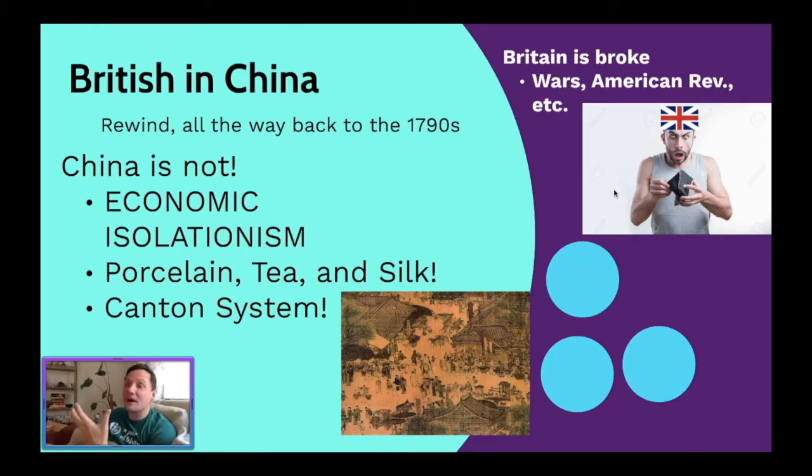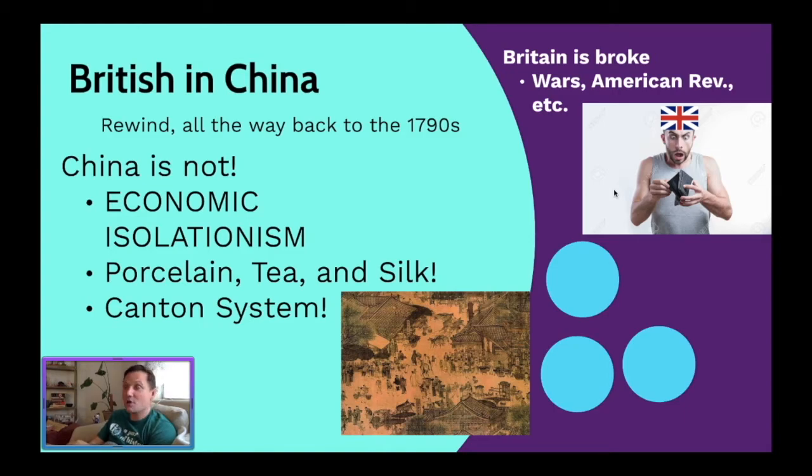So everybody wants these Chinese goods, and the Chinese government says, since you want them so bad, you'll understand that there is only one city that you can go to trade with us, and it's called Canton, right? Canton is one city on the port side of China in southeast China, the only city that Europeans are allowed to go to pick up goods and bring them back. It is a very ingenious system. It keeps China very, very safe. It keeps them economically isolated, and it has been a system that has kept them very wealthy and very prosperous